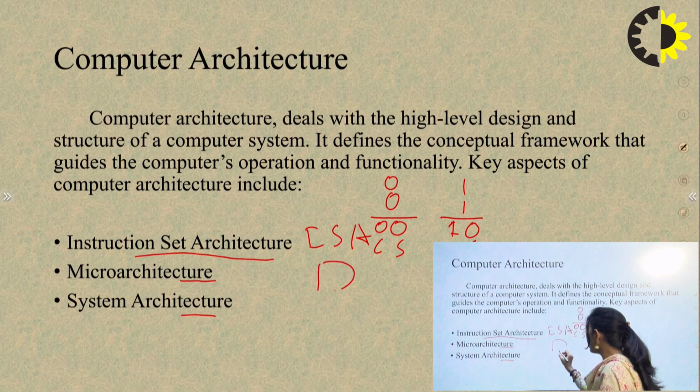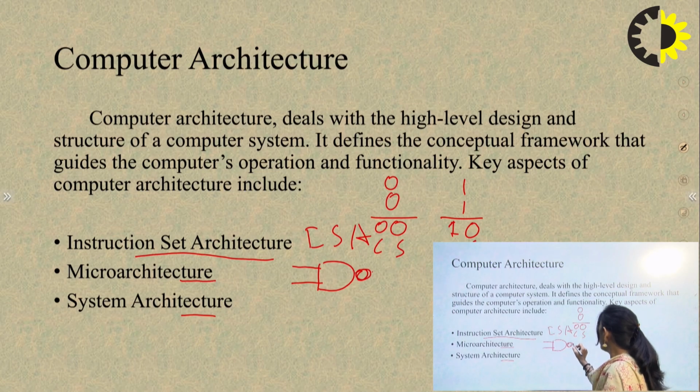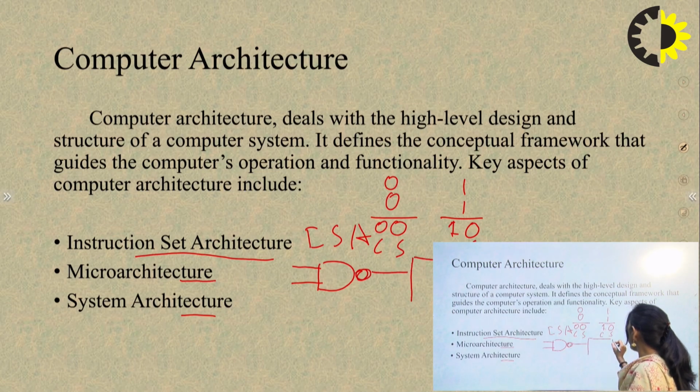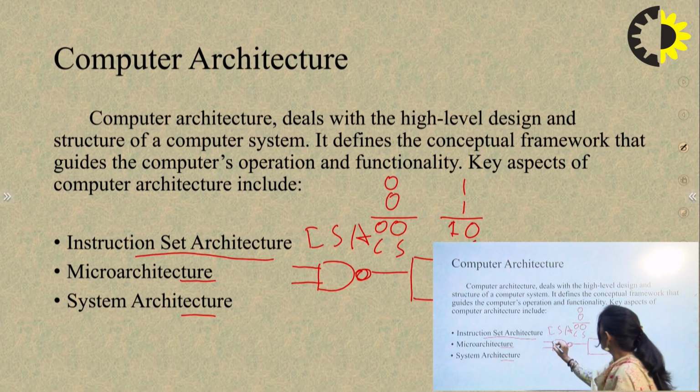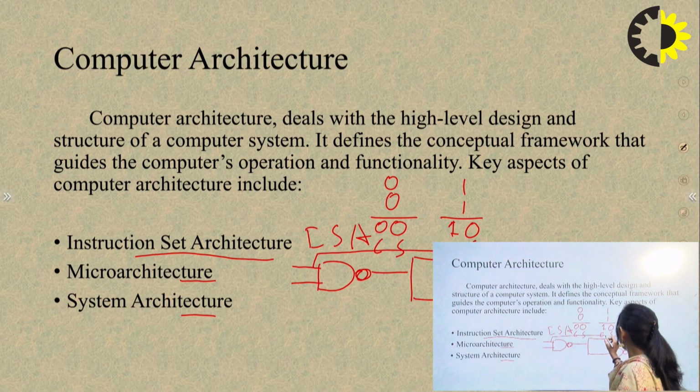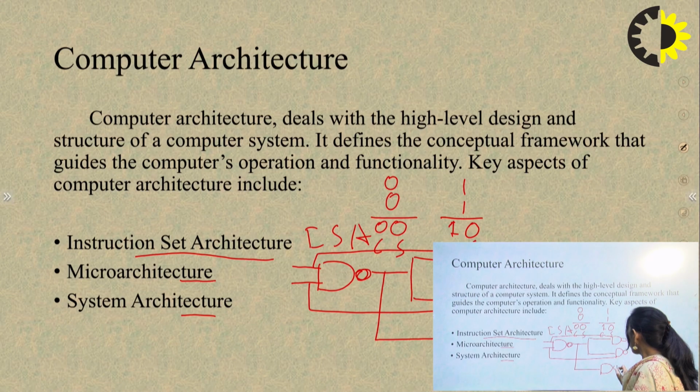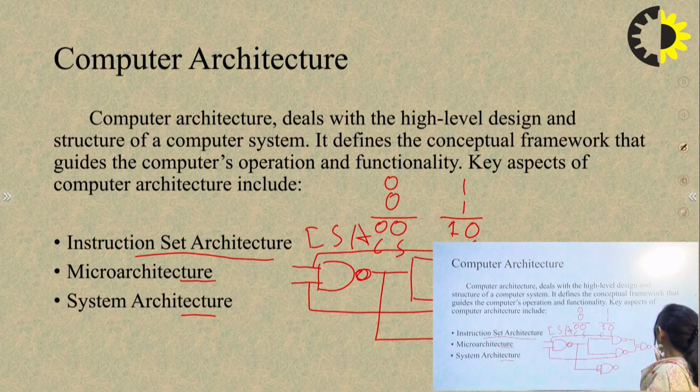We will place a NAND gate here. We will give the input to this part, and then we will move towards this. We will add another gate here. We will add one more gate here, and the same value will move to this part. Here also this value will move to this part. This value will move to another gate. Likewise, by this we will have another gate, this will give us the sum, and this will give us the carry.